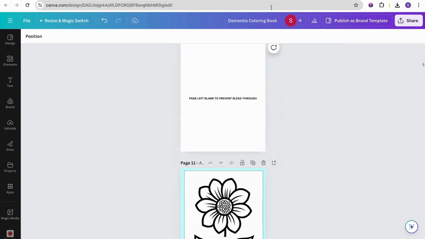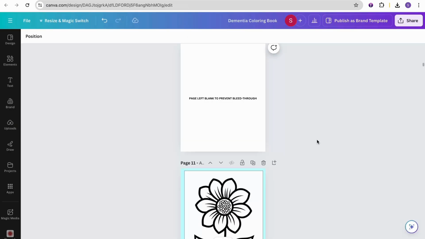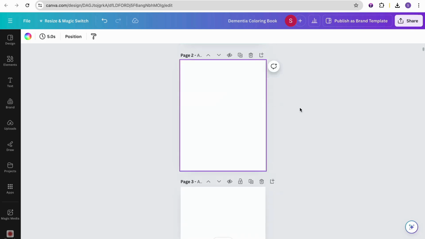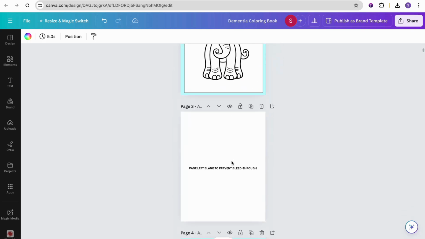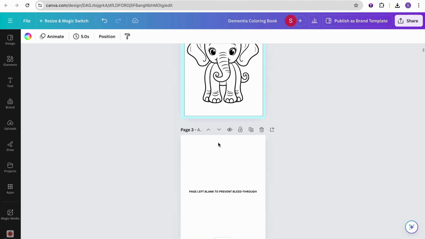You can get most of your interior stuff, like I say, from Creative Fabrica, and then just go in and add even more elements if you want to in Canva. So just off the top of my head, something you could do is a quote coloring page. So rather than just having just images of these, which is absolutely great to have, you can also include some